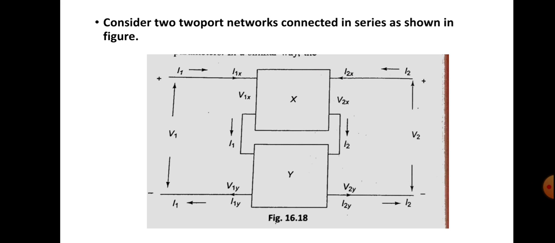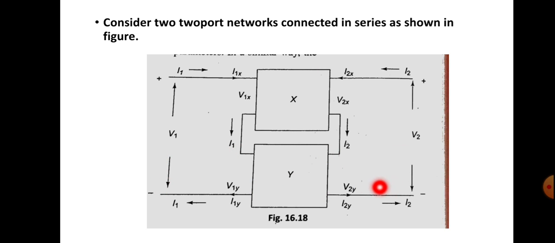So for connecting the networks in series, we are taking two-port networks. First network is X, second network is Y. See here the interconnection is shown. Before interconnecting, X was an independent two-port network and Y is also an independent two-port network. You know that in a two-port network there will be an input port like this and an output port like this. Similarly for an independent two-port network Y, there will be an input port like this and an output port